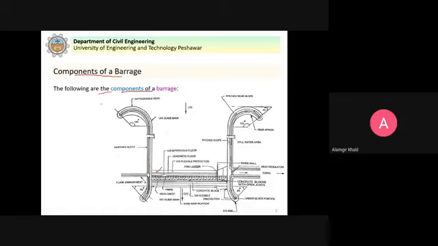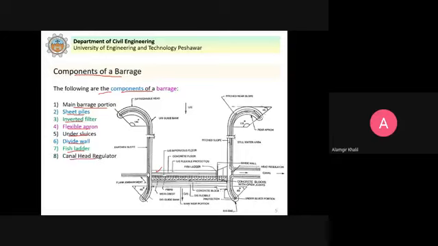So the components of barrage include the main barrage portion. It has the sheet piles, we will discuss now in detail. Inverted filter, these are protection works. Flexible apron, under sluices, divide wall, fish ladder, canal head regulator.